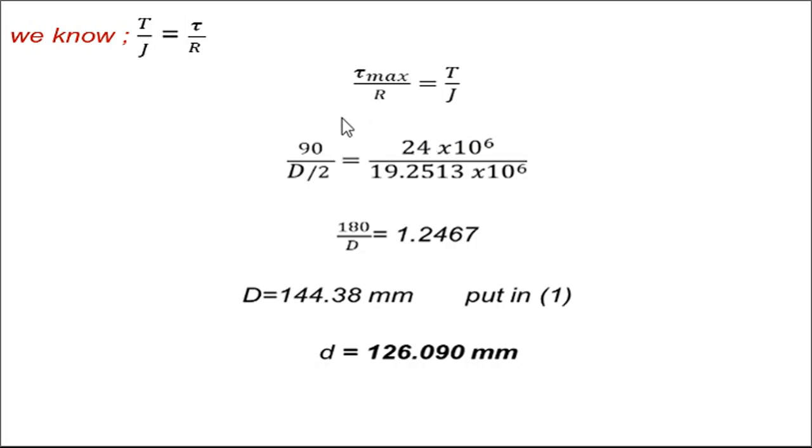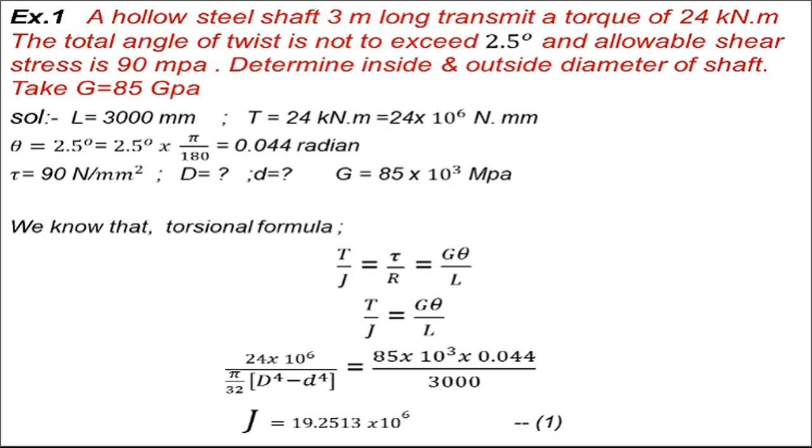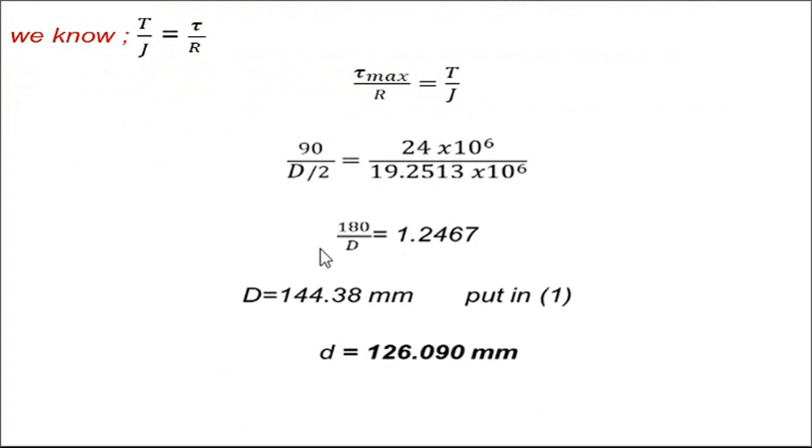So the tau value is given, R is the radius, d by 2, that is the diameter divided by 2, and the torque applied is given as 24 into 10 to the 6. J we already determined earlier as per equation 1. If you put the J value, finally we'll get the capital D. So this capital D is nothing but the outer diameter or outside diameter of the shaft,